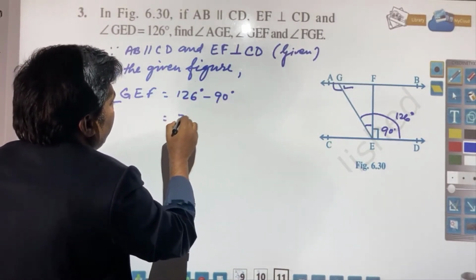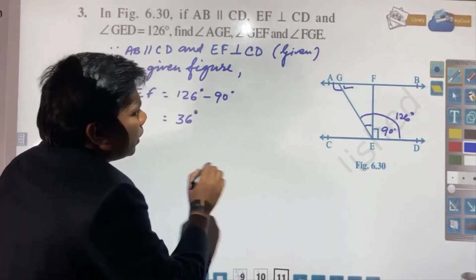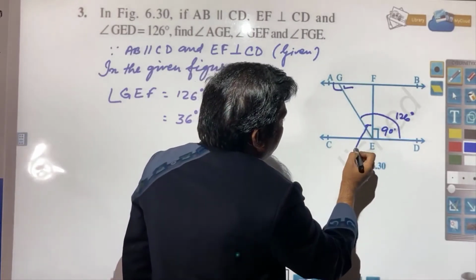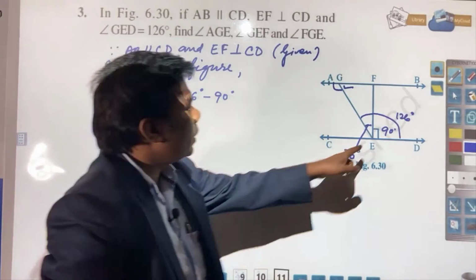It means that will be 36 degree. So this angle you have got, this is what? 36 degree. Now here you see, since this is perpendicular